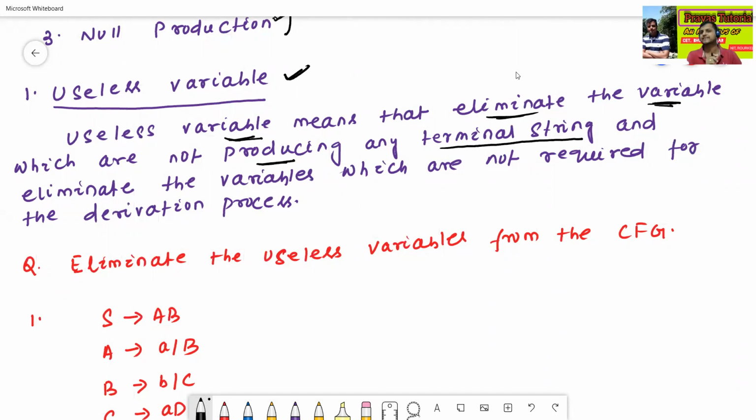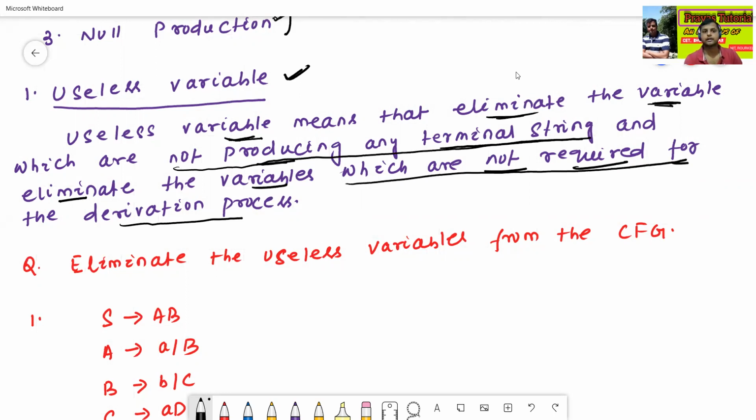There are generally two conditions for a useless variable: variables which are not producing any terminal string, and variables which are not required for the derivation process.